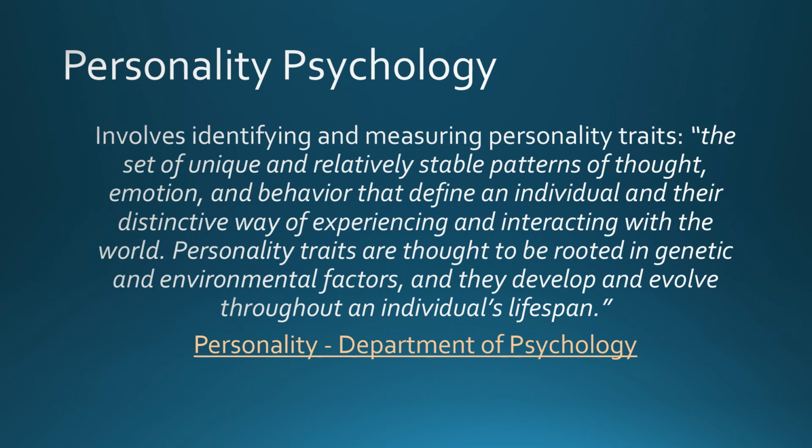And our personality is essentially developed from a complicated combination of both those things. And also the last part of the quote, and they develop and evolve throughout an individual's lifespan, that's an indicator that our personality isn't static. The personality we have at age 9 doesn't necessarily mean we'll have the same personality at age 35. It's evolving, it grows depending on our experiences and situations we're involved in. So it's not static. Again, it's important to know that it grows throughout our lifetime.